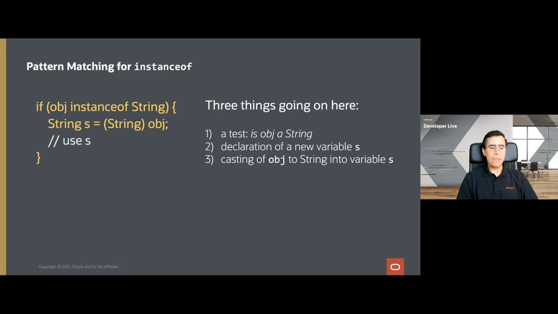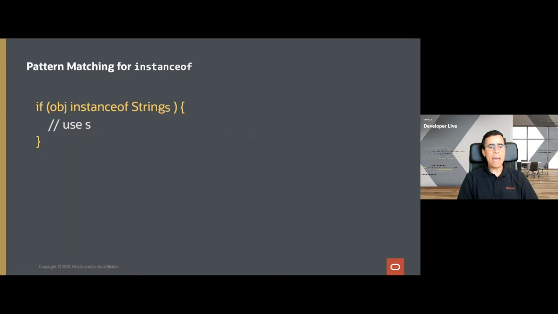And after that, we have to cast the object into the variable so that we can treat it like a string. Using pattern matching, we can reduce the code into a single line that does all of those three things. The variable s is only created if the object is a string. If so, the object is automatically cast into the variable, and the variable remains in scope only inside the brackets